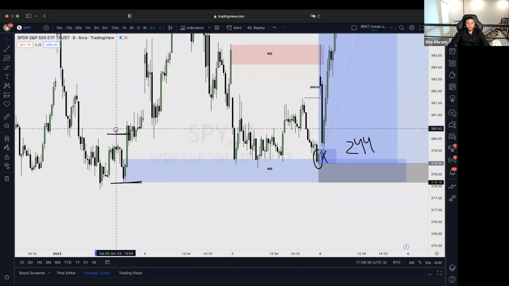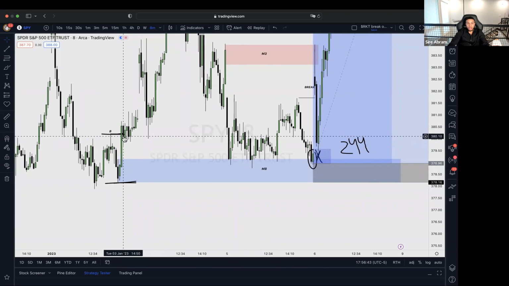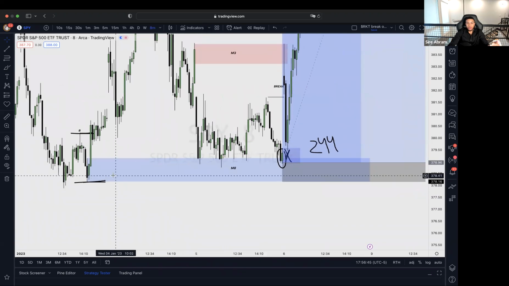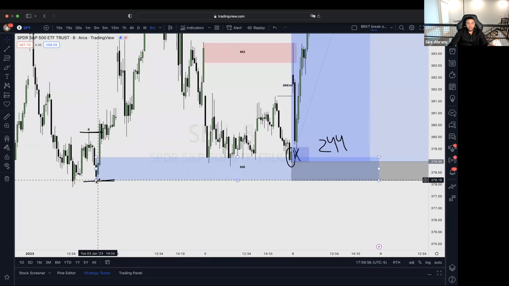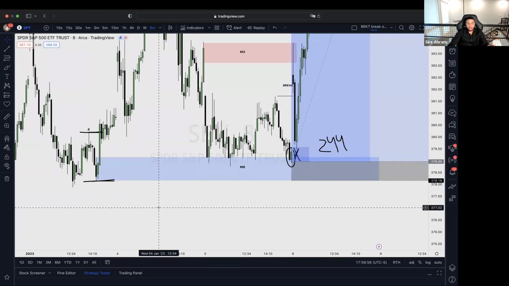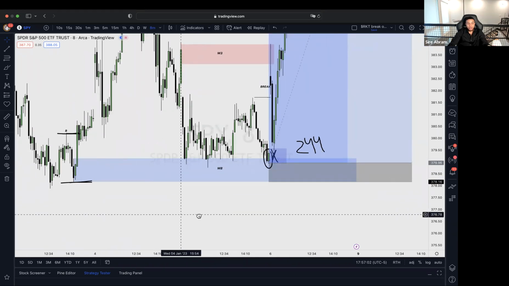Okay. So what I'm looking for is a break of a high. So what I'm going to look for in the future is the area that initiated, the area that started or created the move to break that high. So where did that happen? At this low. So if I take this whole candle and highlight it, this is what I'm going to use for as my demand level, okay?